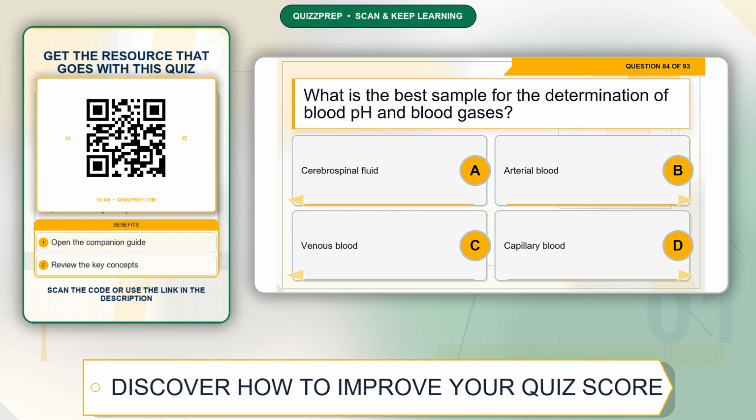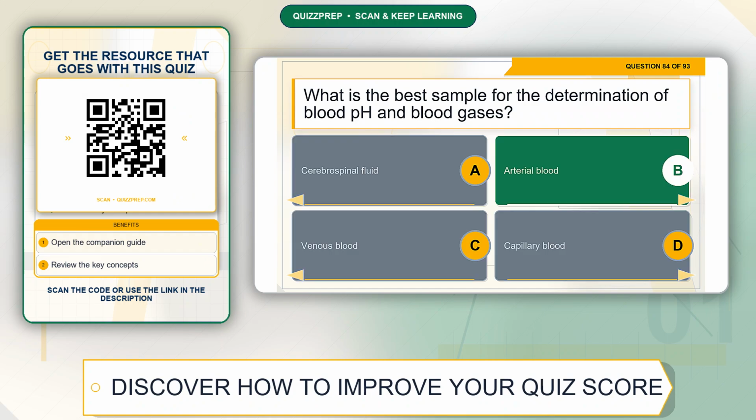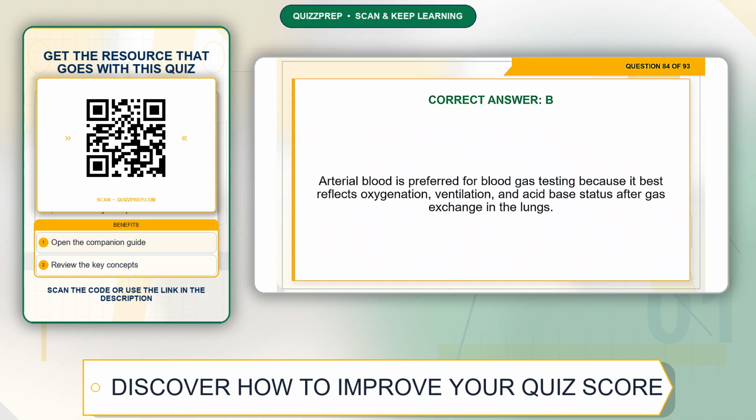Question 84. What is the best sample for the determination of blood pH and blood gases? Option A, cerebrospinal fluid. Option B, arterial blood. Option C, venous blood. Option D, capillary blood. The correct answer is option B, arterial blood. Explanation. Arterial blood is preferred for blood gas testing because it best reflects oxygenation, ventilation, and acid-base status after gas